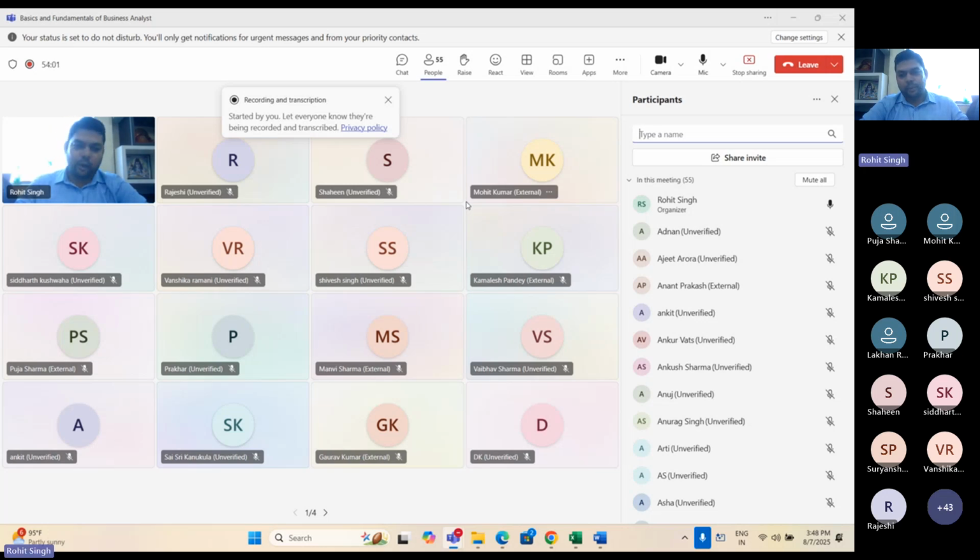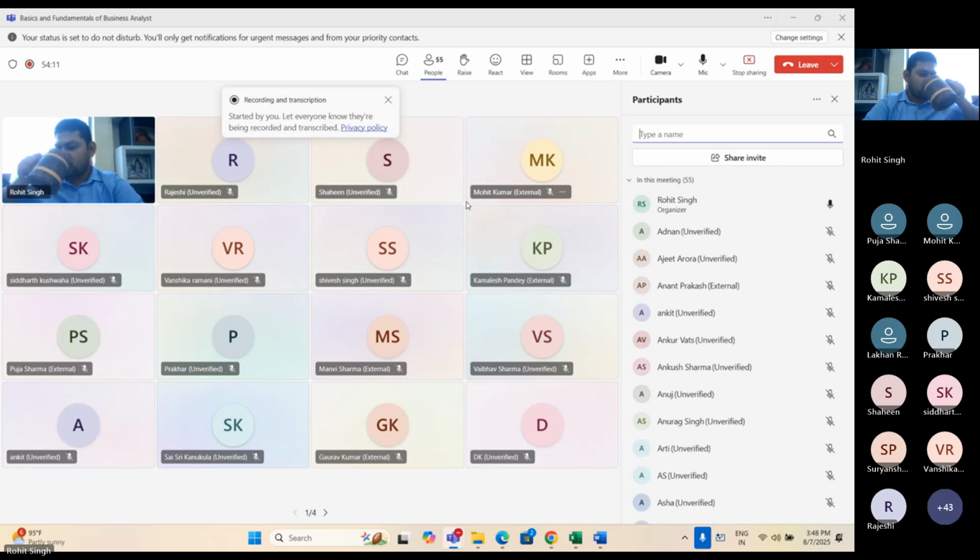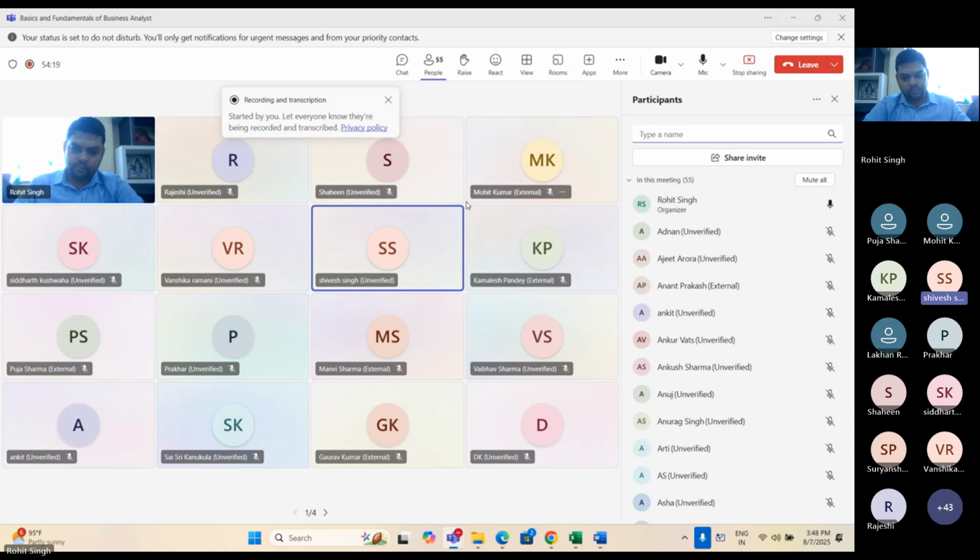ठीक है, मोहित भाई now. Yes, got it. हाँ जी शिवेश भाई. Yeah, Bhaiji, yeah, I need to, understand that is it like mandatory for business analysts to have the knowledge of testing or maybe,